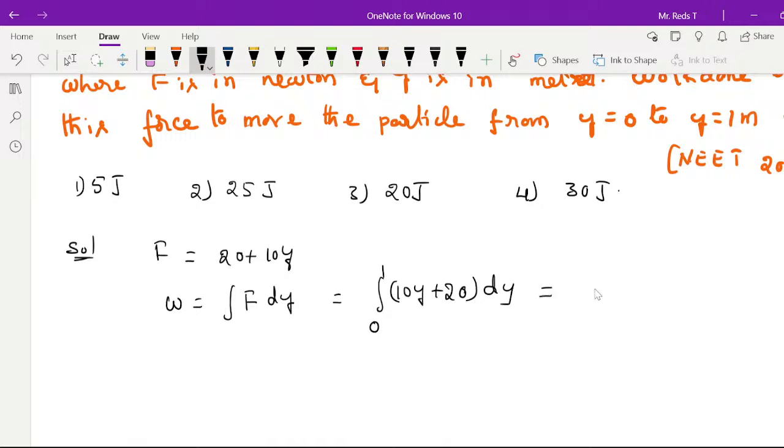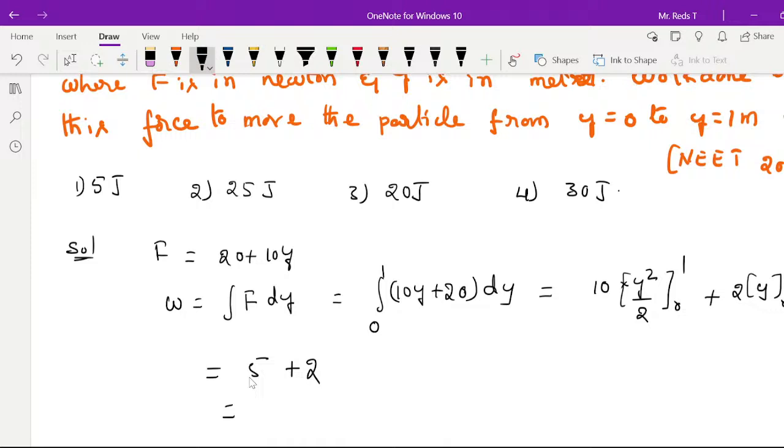So it is equal to 10 into y square by 2, with limits of y from 0 to 1, plus 20 dy is 20y. Again the limits are from 0 to 1. So 10 by 2 is 5, 5 into 1 square is 1, plus 2 into 1 minus 0 is 1, so 2 plus 2, so it is equal to